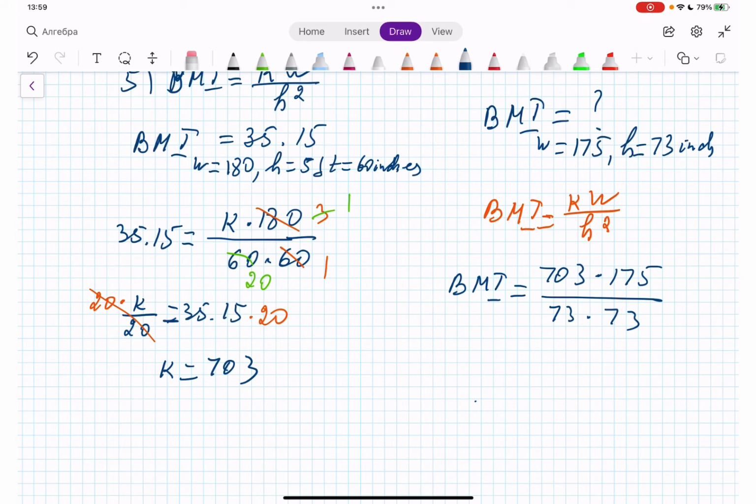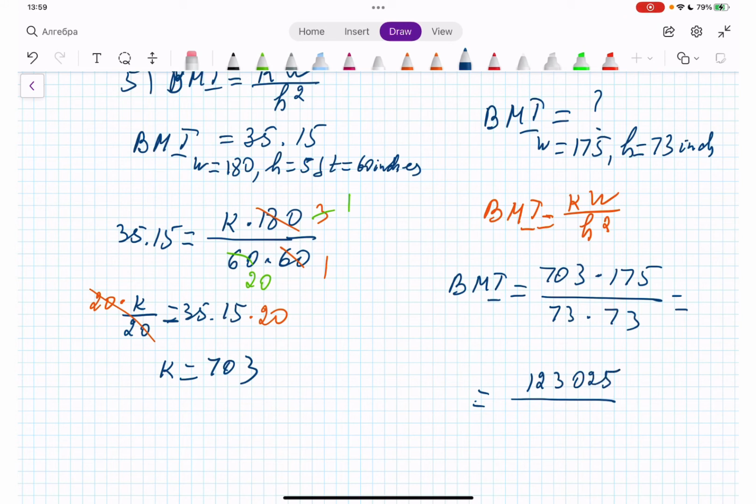We have to go through big numbers. Yes, so first we are going to multiply 703 times 175. Okay, we get 123,025